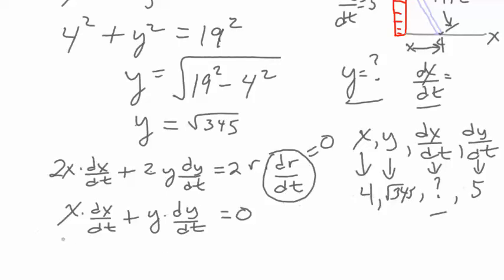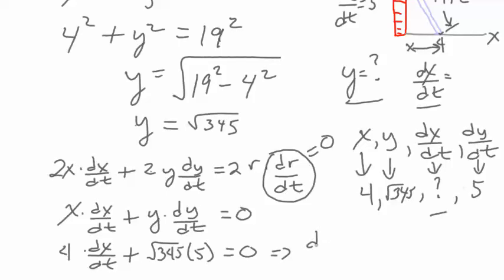So x is going to be 4 dx over dt, that's what we actually want to find, plus y is the square root of 345, and then dy over dt is 5, set that equal to 0, okay? And so now we need to solve for dx over dt. So we have dx over dt is equal to